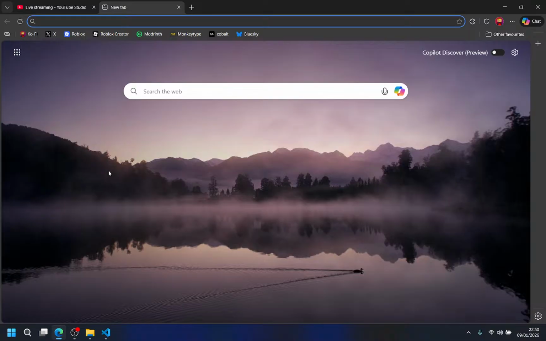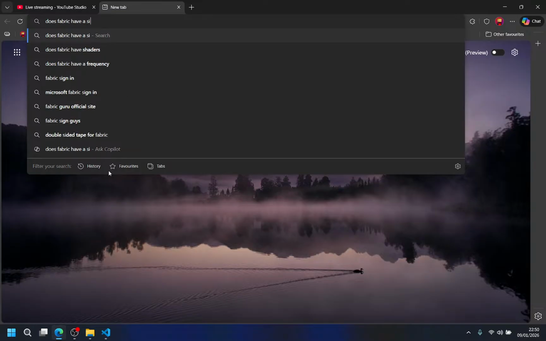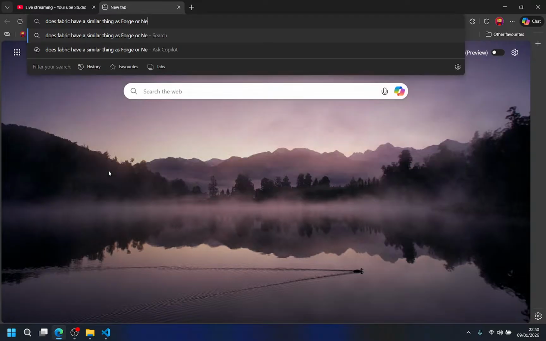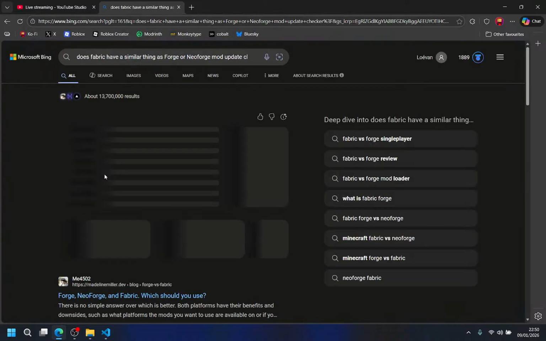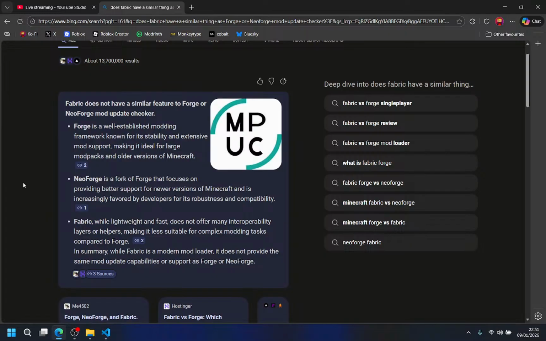Does Fabric have a similar thing as Forge or NeoForge mod update checker? It would be cool online. Oh, okay.